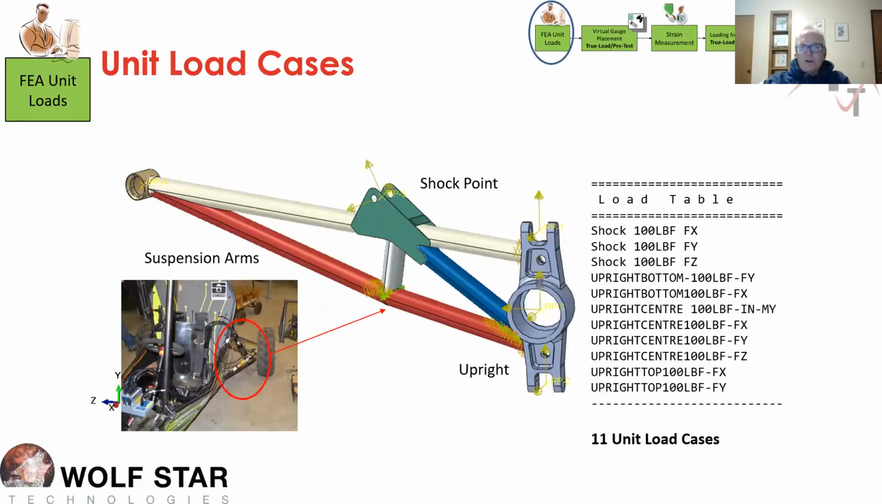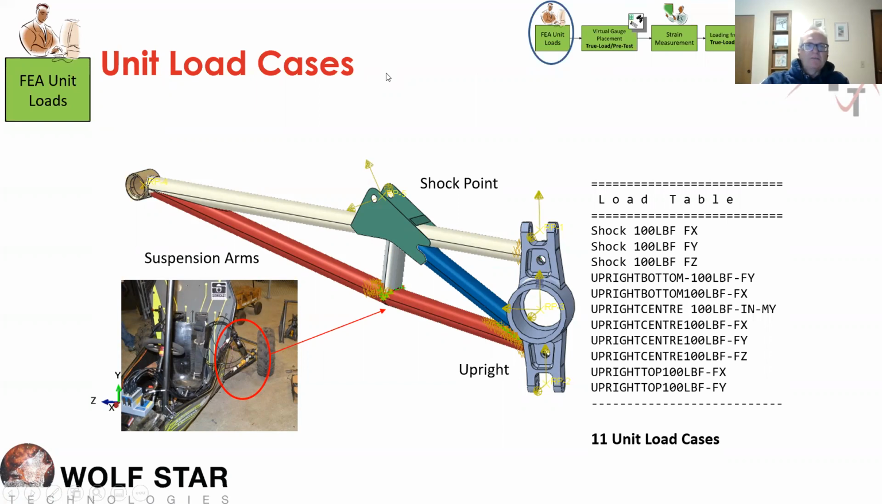So working with this young person and his team, we basically set up an FEA model to have a series of unit loads on it. So we put unit loads at the shock, unit loads at the center of the wheel, unit loads at the top and bottom of the stabilizer struts. So we had about 11 unit load cases on this swing arm here, and we set it up and ran it through